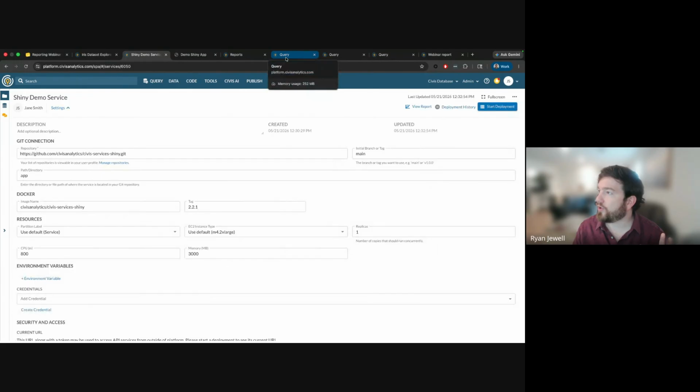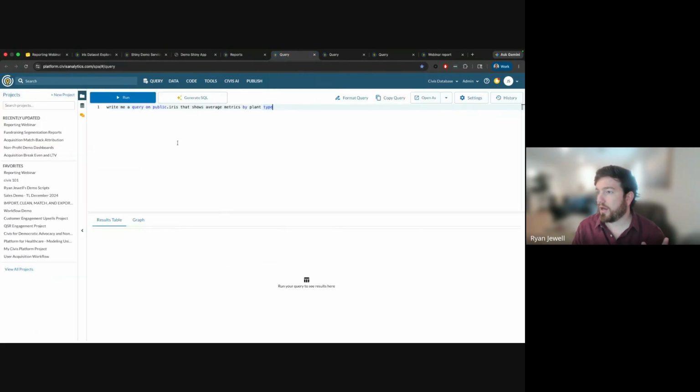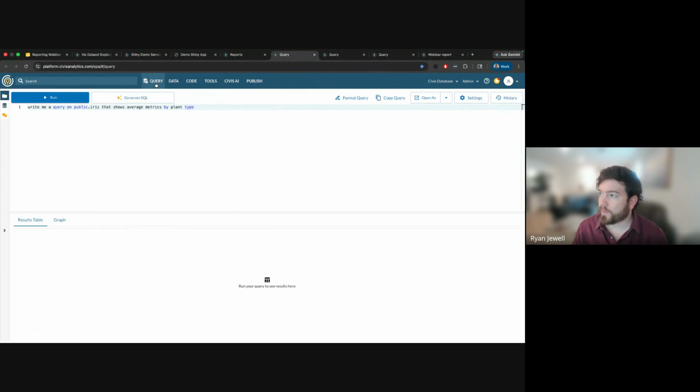Next, going to go over SQL reports. So this is our query pane. You can access it via this button at the top menu, and you can write out any query statement you want, some select star from schema table that you want, or you can leverage our SQL AI. So here I just have an English language request written out. Write me a query on the public.iris table that shows average metrics by plant, and I can click generate SQL,